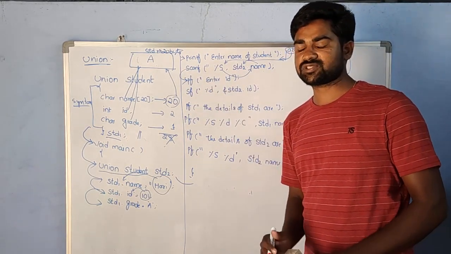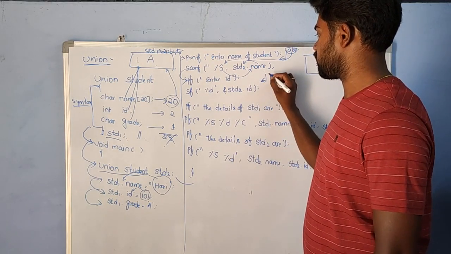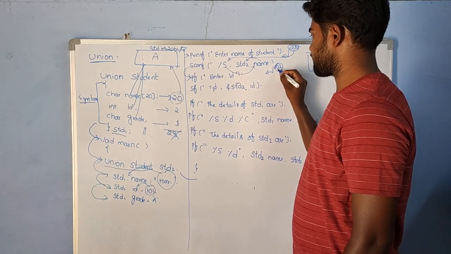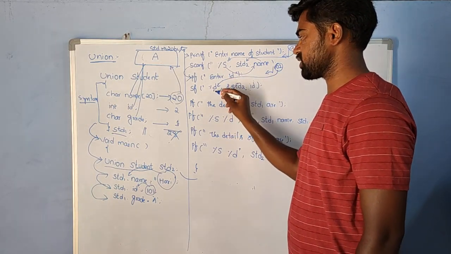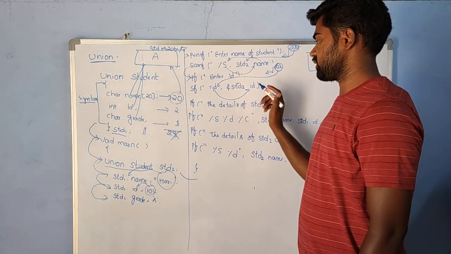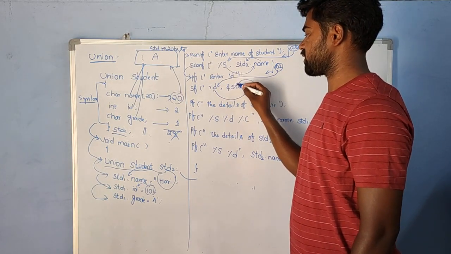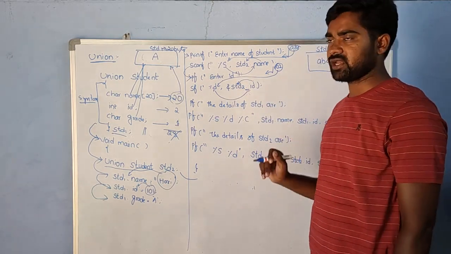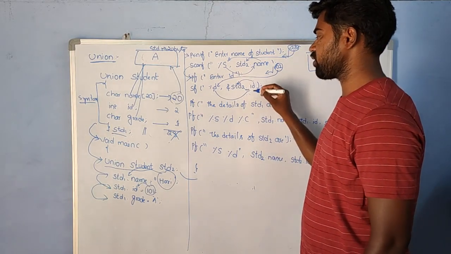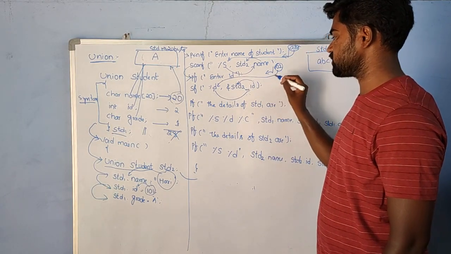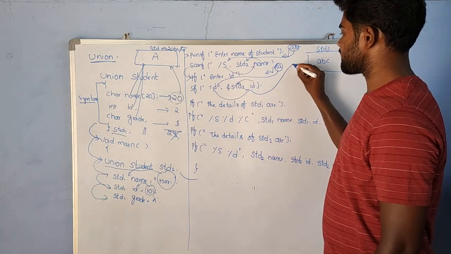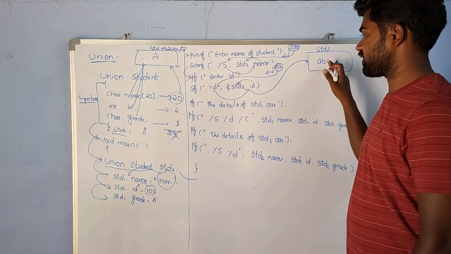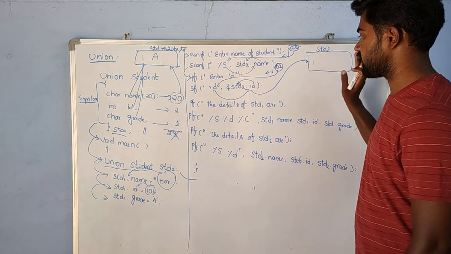Enter ID of the student. Now I am entering the ID of the student, which is 102. This 102 is going to be read by this specifier and stored in the location called id, in the variable std2. Now what will happen? In std2 we already have the name ABC. Now we are entering the new value, 102. This is going to be stored in the same location of std2, which already has ABC. That ABC is going to be overwritten with the new value.